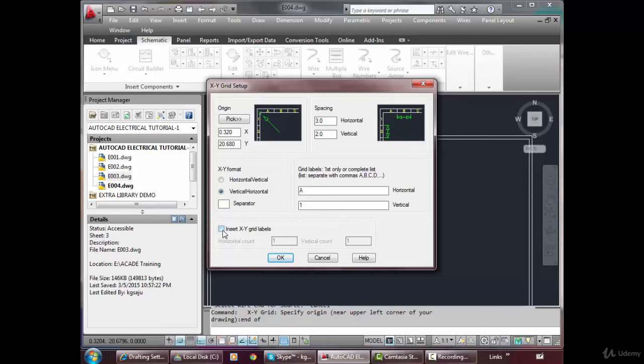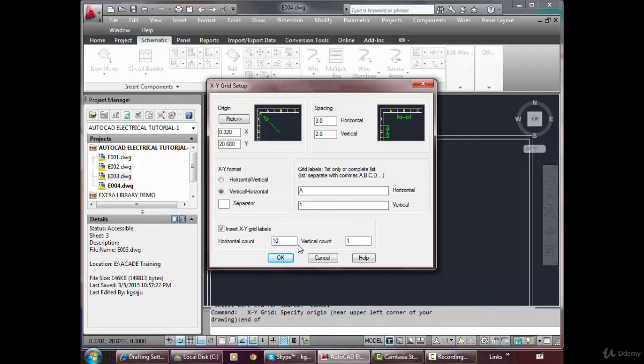Insert XY grid table. हॉरिजॉन्टली आपको कितना काउंट्स चाहिए? Let me put 8. You should remember, now I put horizontal count 8 and the horizontal spacing is 3. So the distance between the two ends of your title block should be somewhere around 24. If you have any doubt, first measure the distance and divide it by whatever amount you feel. I think my title block is 32, so I am putting it as 10.